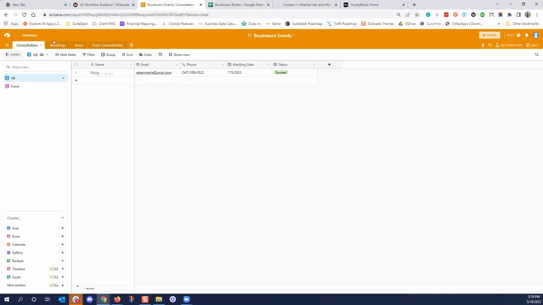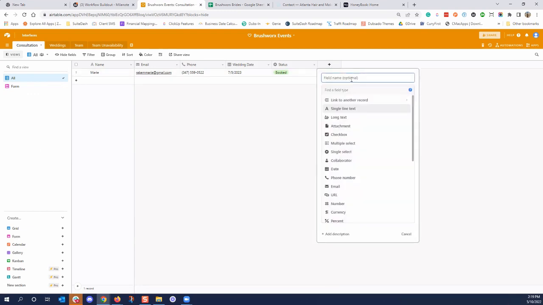So if we want to segregate that, just so we can know, because this consultation sheet here is where we are going to keep track of who's who once they come in as a lead. Once they come in as a lead, this is going to be the house of everything. Once you hit this booked button, I can change this instead of saying booked to paid in full, and that's the catalyst that declares them as booked, ready to actually get all the stuff done. They've signed a contract and paid their retainer. So I can add a separate field here to say payment status.